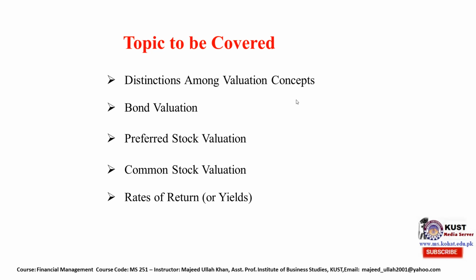Bonds are issued by the companies for long-term financing. Preferred stock is also used to finance projects in the long term. Common stock is as well a long-term security that is used by firms or listed companies in order to get finances from the general public. And the last one is rate of return. We will also calculate the rate of return on these 3 types of long-term securities in this long-term security valuation topic. There are multiple lectures on the valuation of long-term securities.